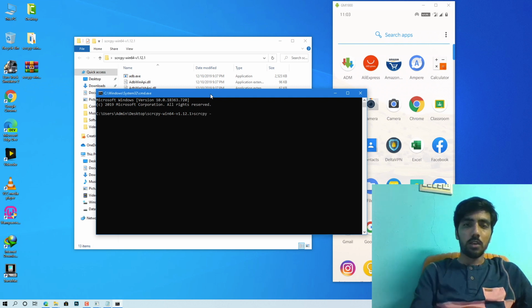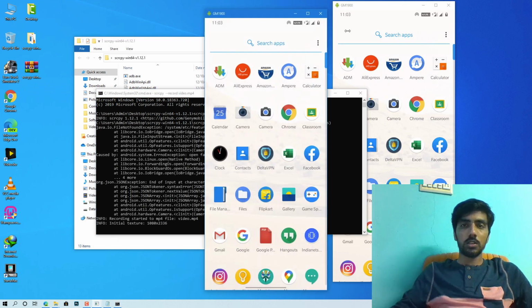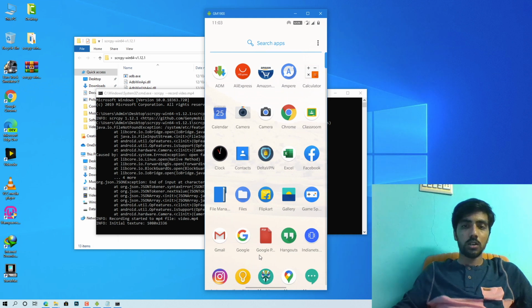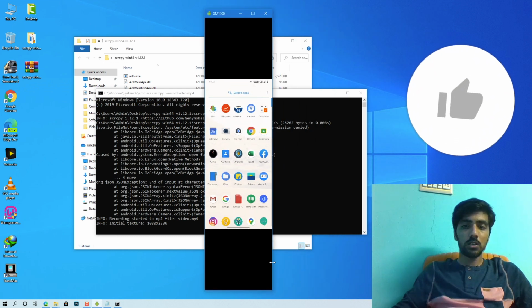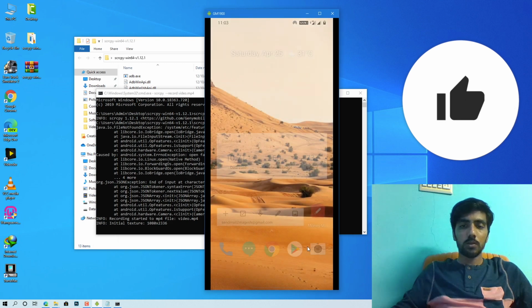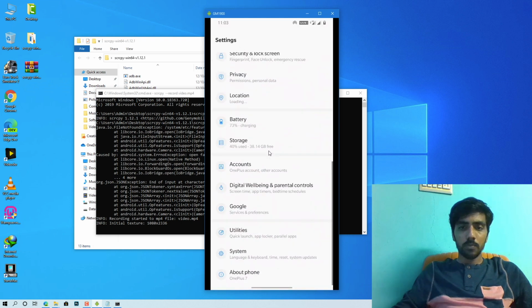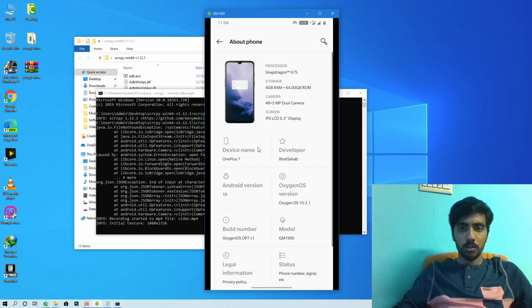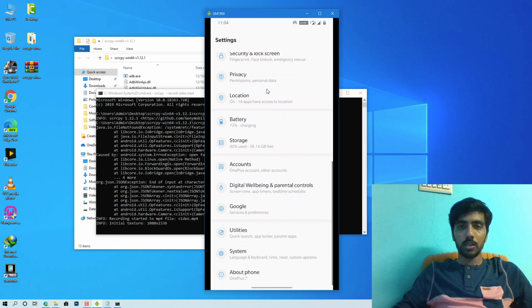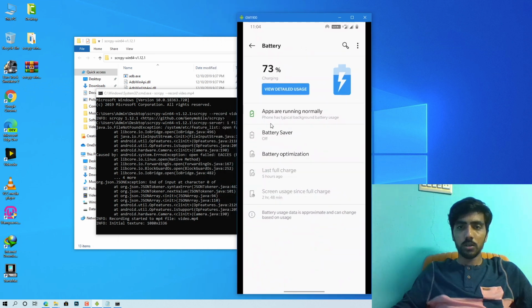Type scrcpy --record followed by a file name, .mp4, and just hit enter. As you can see, we have got a new session and we can record this session. I am opening the Settings app, going into About phone, and looking at the specs of the phone, coming back again, and going into the battery section just to show you, and then